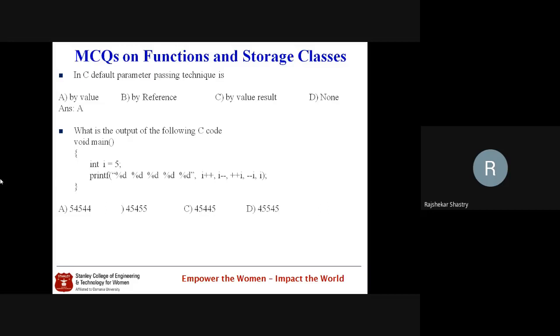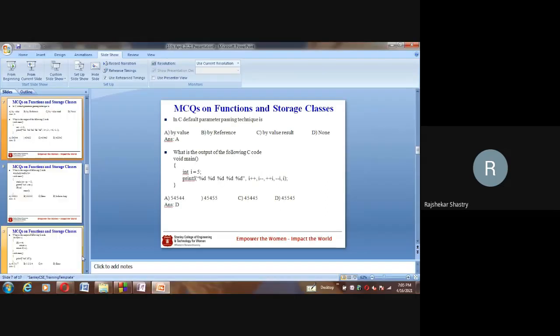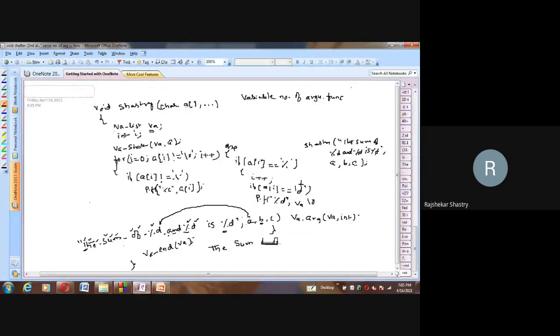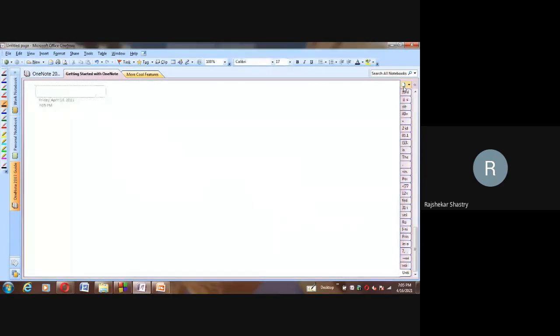I'll tell you the hint here. After telling the hint, you just answer the question. The hint is, when we are passing the parameters to a C-like function, C, C++, even Java also, the parameters are pushed into the stack from right to left. So that means, let me write, suppose I'm writing show of A comma B comma C comma D.